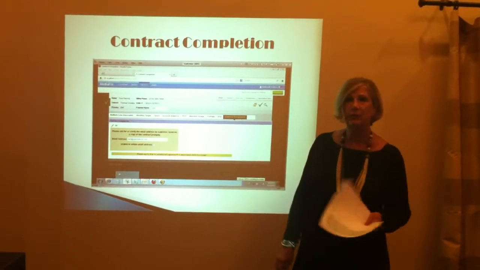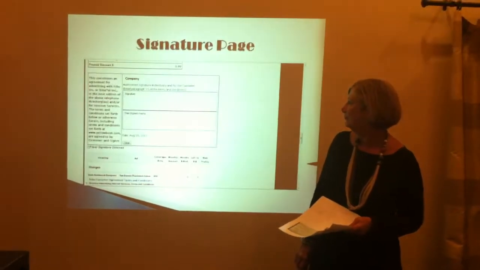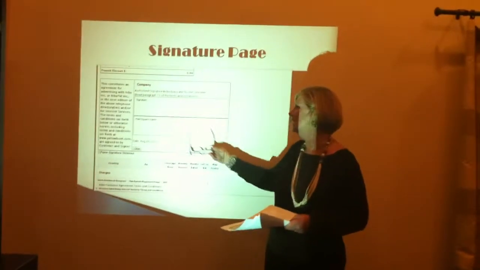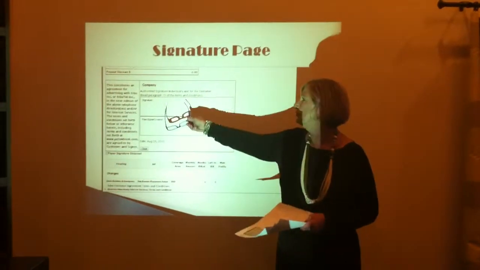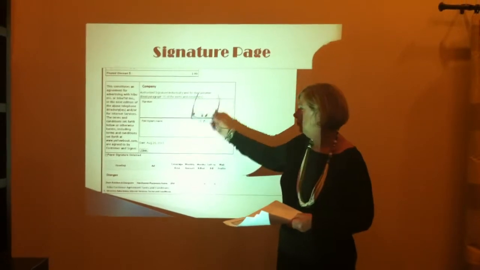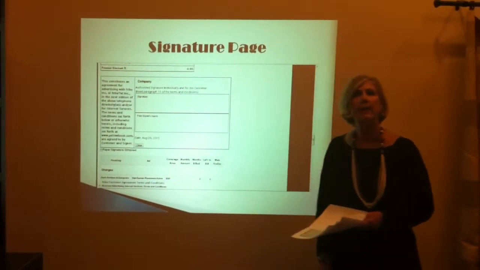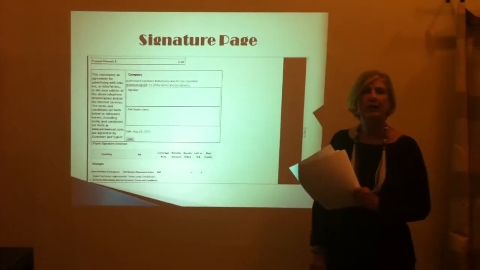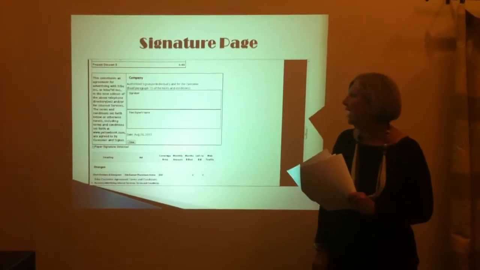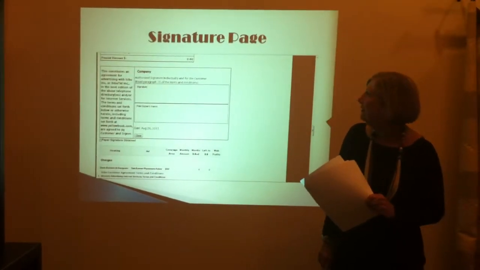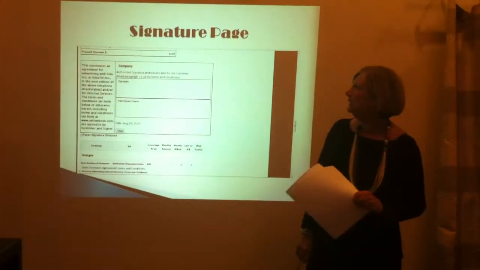Then you go to the signature page. This is the signature page. You make sure that either you or the customer prints the name. Make sure the signature gets in there. You scroll down, and then you click that they agree to the terms and conditions, and then that is the end of the contract. So we've already discussed